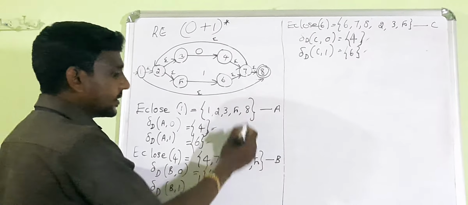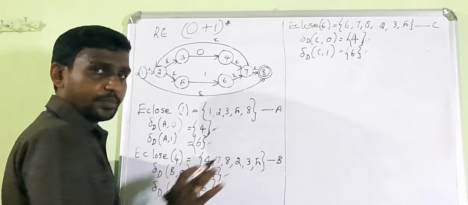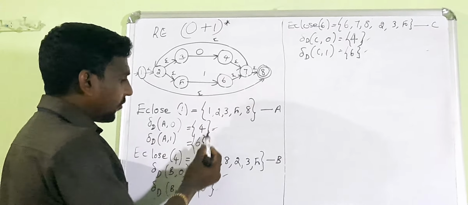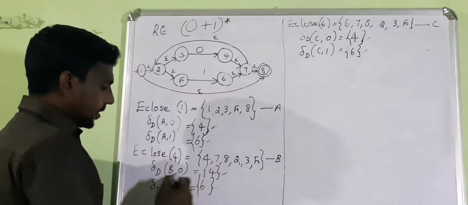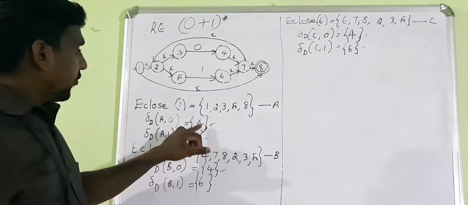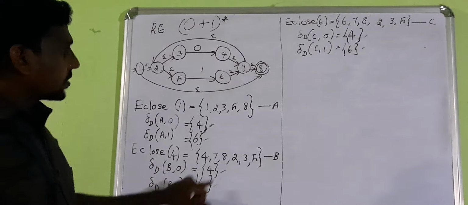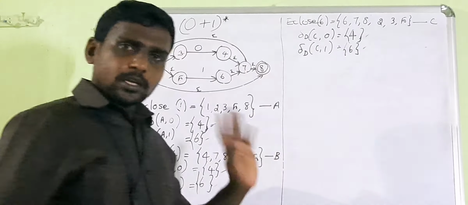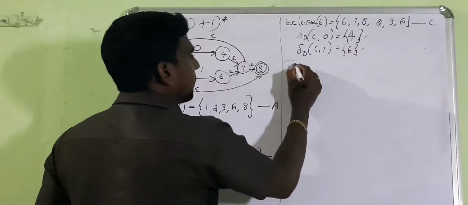And you don't check this e-closure, e-closure of A, e-closure of B. It is not like that. The method is you have to find the e-closure of this delta function. This delta. Okay. So here this much only. See, 4 is there, 4 already found. 6 already found. So we'll start the transition table.